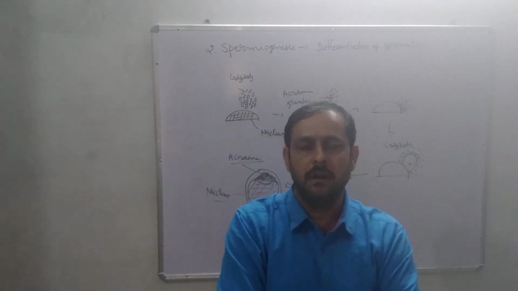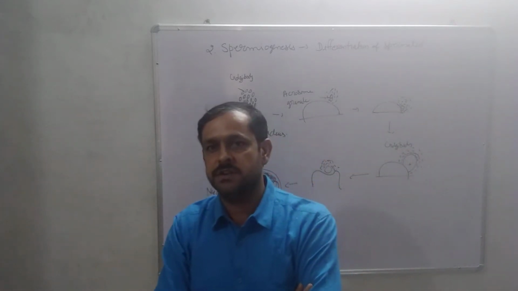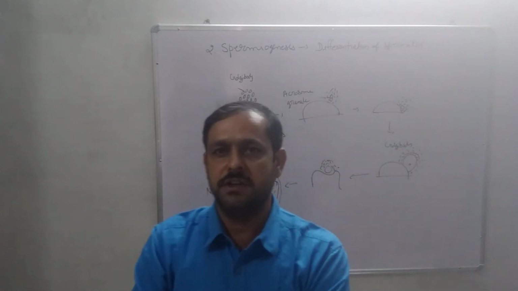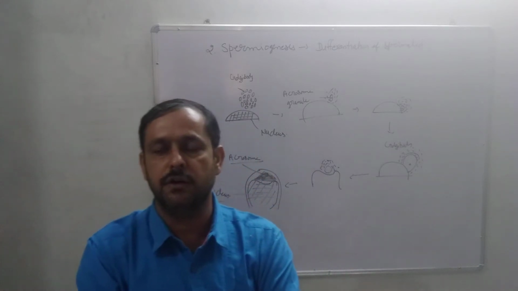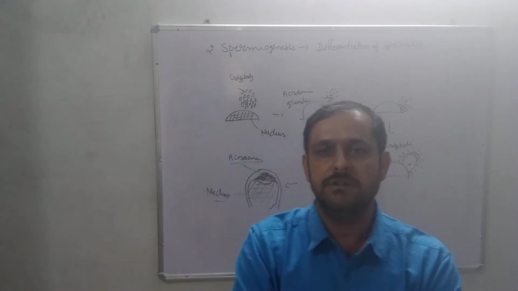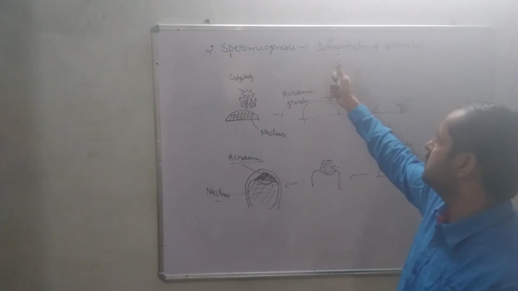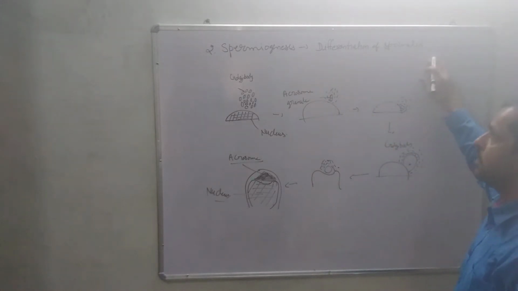We are studying gametogenesis in human. First of all, we started from spermatogenesis. Spermatogenesis is divided into two parts: formation of spermatid and then spermiogenesis. So today we will discuss spermiogenesis, meaning differentiation of